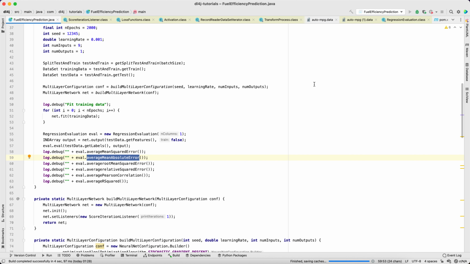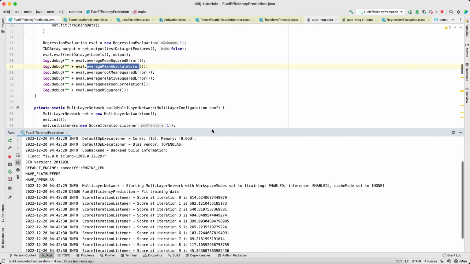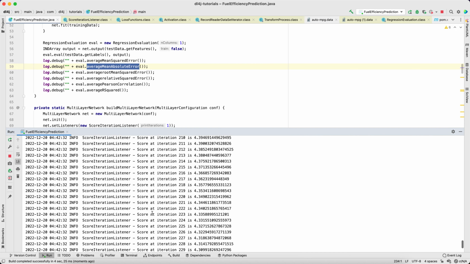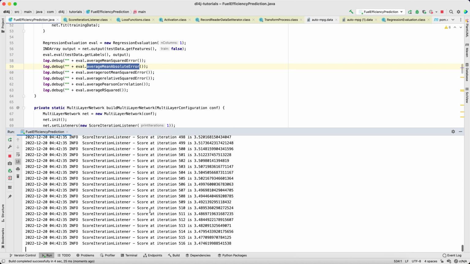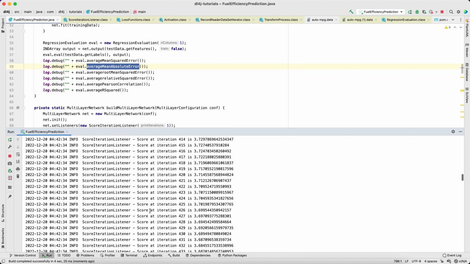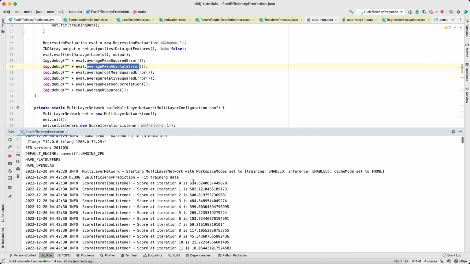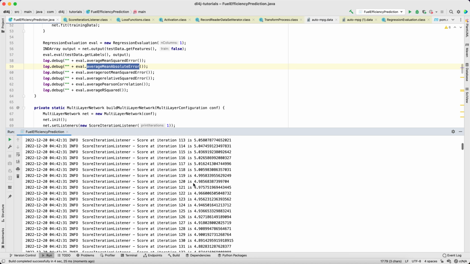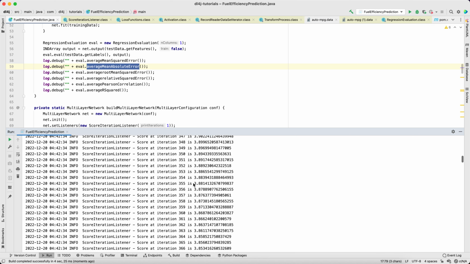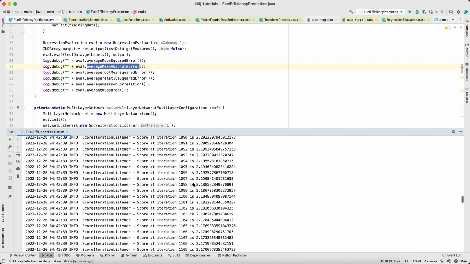Now let me run the application. You can see what it does. Now you can see this is what I mentioned, the score in each iteration. In each iteration, you can see the score is getting lower. Initially, it's pretty big. And you can see after about 600 or 800 or even after 1,000 iterations,